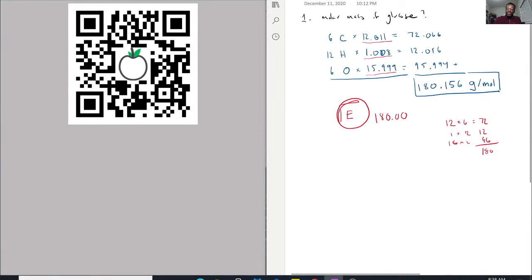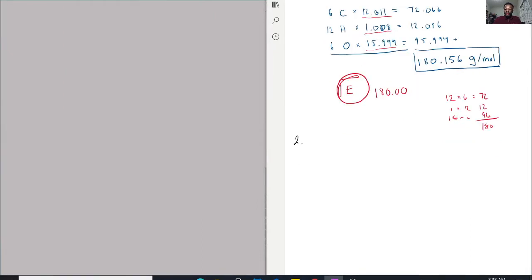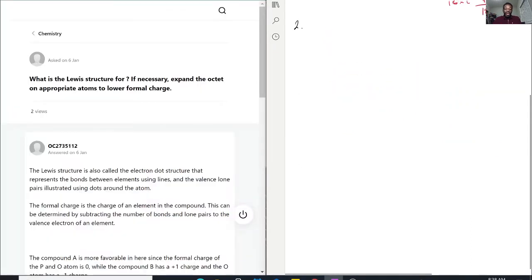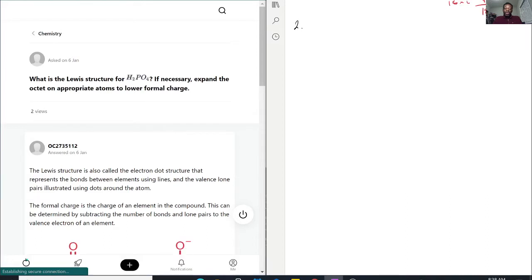So now let's move on to question number 2. We have here, what is the Lewis structure for H2PO4? And if necessary, expand the octet on the appropriate atoms to lower formal charge. So with this, the way I like to solve these questions is I actually like to solve